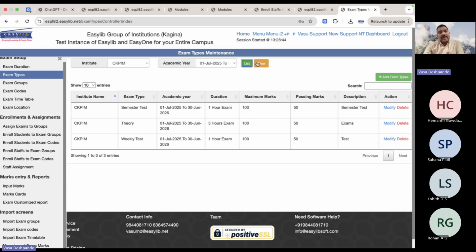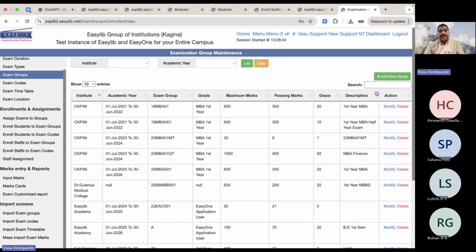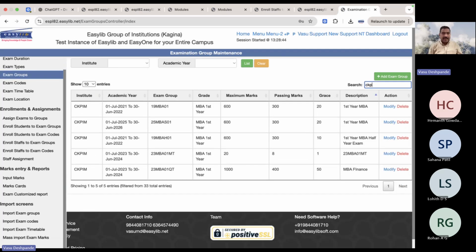Okay, how do we know that somebody has cleared the first semester of a year? First semester of that particular BA, BCom, or whatever the exam. So for that, what you do is in a traditional education policy, let's go over here. Okay, so here, if I click on CKPIM,